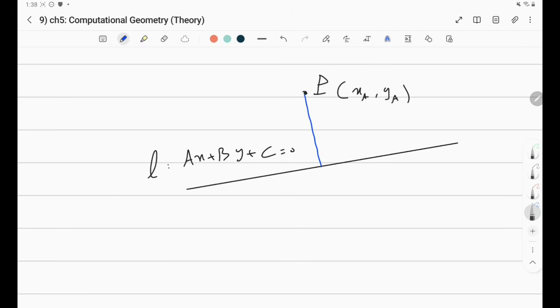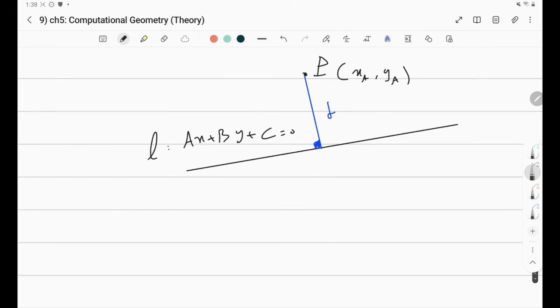So this, how to find this distance? Let's call it d. Of course, you might say, wait a minute, we can simply create the equation of this and figure out this point and then just apply the distance formula for this point and this point. Of course you can do that, but it turns out that there is simply a formula for that